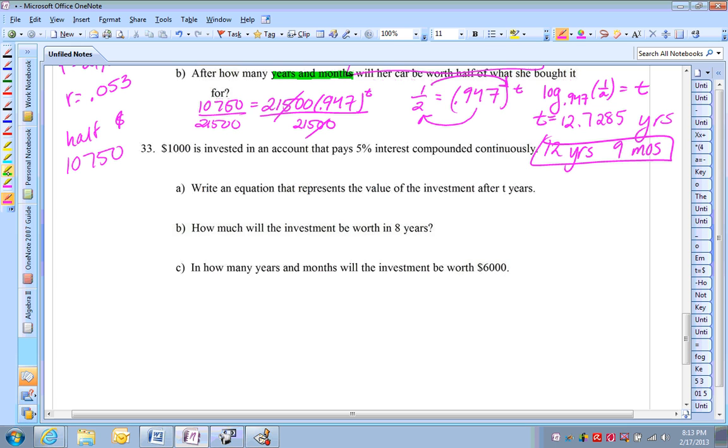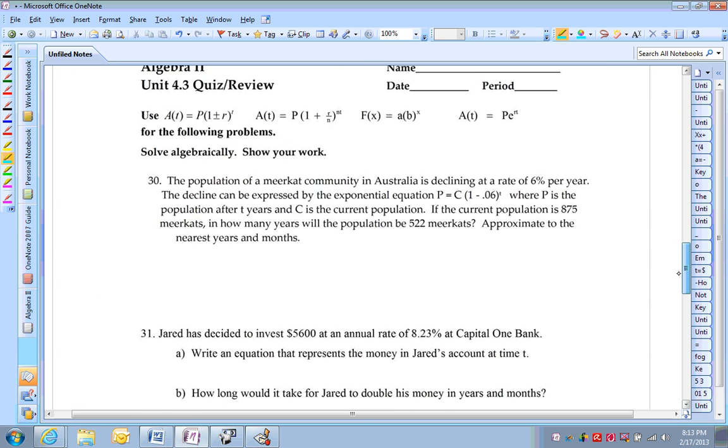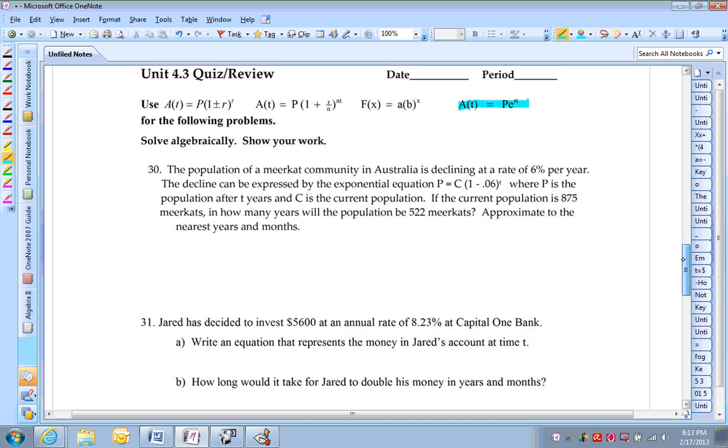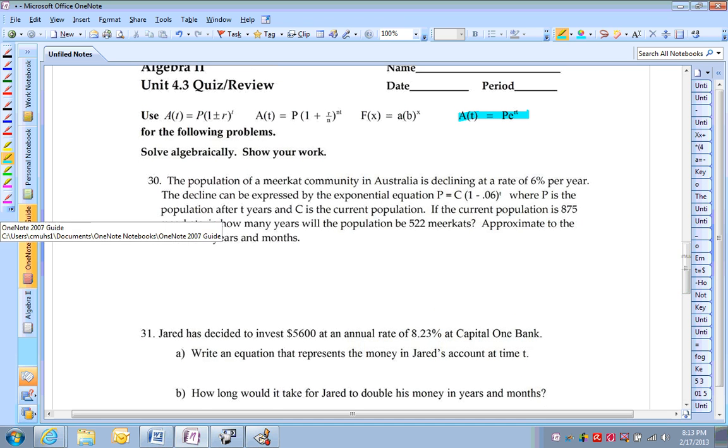So what we need to recognize here is the words compounded continuously. That tells us what kind of formula we're going to use up at the top. And this compounded formula is different than the last compounded formula we used on the last test. When you see the words compounded continuously used together, you have to use the formula A of t